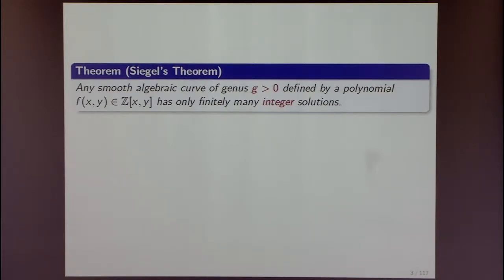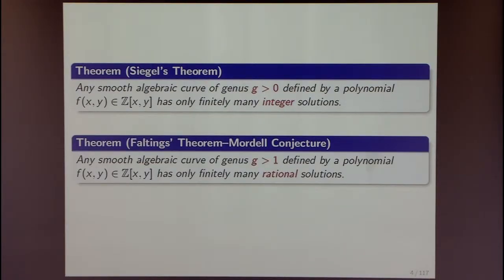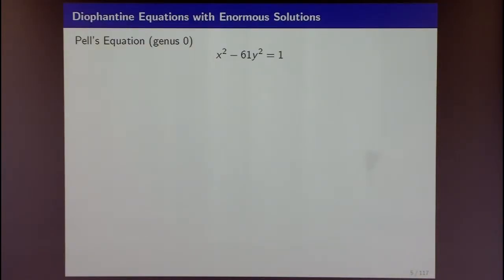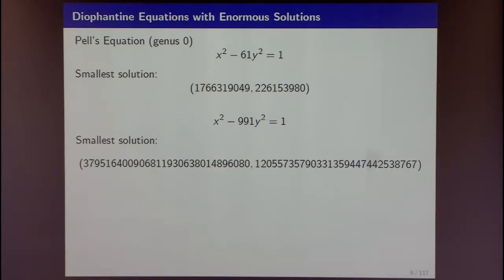Okay? And in fact, there's a bigger cousin, a bigger hammer of it, about rational solutions. We don't need this, actually. But even for integer solutions, even for very simple equations, many of you probably know that the behavior could be very wild. If you just try a few numbers and it doesn't work, it doesn't mean that there are no solutions. In fact, the smallest solution of this is like that, okay? And if you try a little more, you find no more, then you don't think there are no more. In fact, there are infinitely many solutions, okay? They are there.